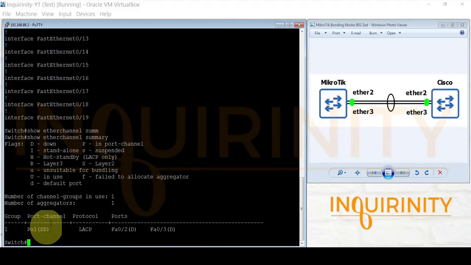For our port channel interface, or the bonding interface if you may, it's SD. S stands for Layer 2, the capital S, and D for down. The port channel is down because we haven't enabled the ports yet on our MikroTik CRS.